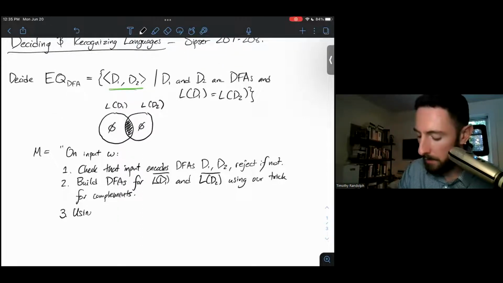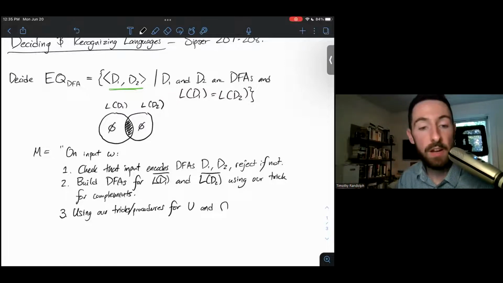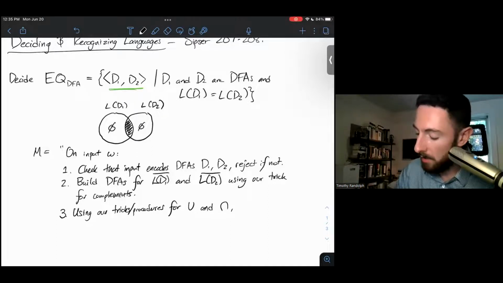Then, using our tricks and procedures for union and intersection. So we showed previously how to turn DFAs or NFAs: if we have 2 DFAs or 2 NFAs, we can build a DFA or an NFA for their union or for their intersection. These procedures were fully general, so there's no reason our Turing machine can't implement them. So using these tricks and procedures, we'll build a DFA